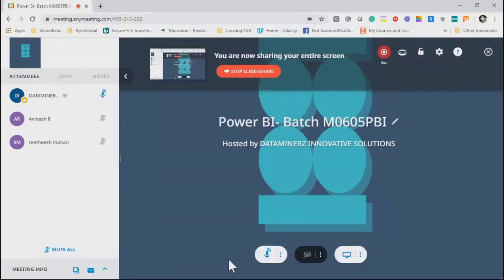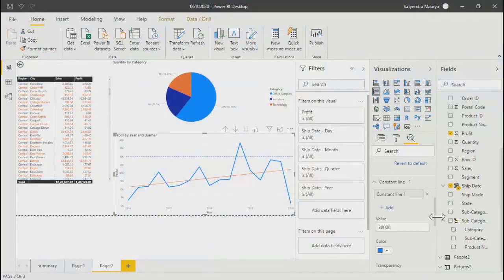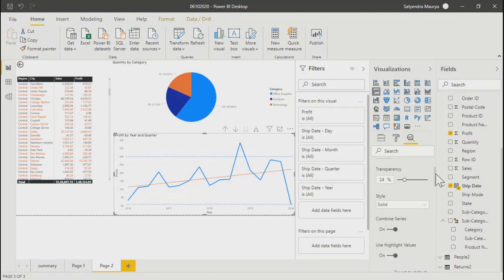Now the next type of line we'll talk about is, let's say, the minimum line. If I select minimum, minimum based on profit, it has created one line with the minimum. See this dotted line? The same goes if you add a maximum line. Let's say I delete it and I add a maximum line.